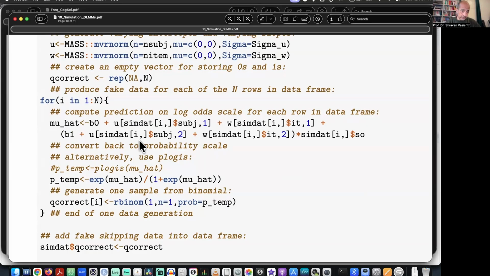I also have the U matrix, the subject random effects matrix, and the item random effects matrix. The first column of the subject random effects matrix, and the first column of the item random effects matrix, contain the intercept adjustments. So what I'm doing in that highlighted region is looking at the 80 times 2 U matrix, the subject random effects matrix, and asking: what is the number in the first column that corresponds to the subject ID